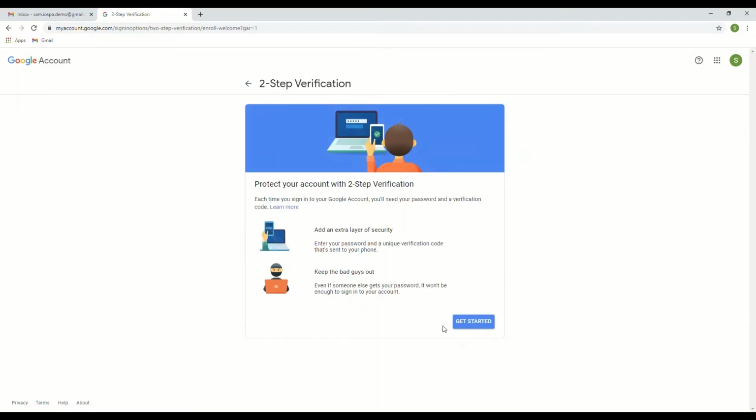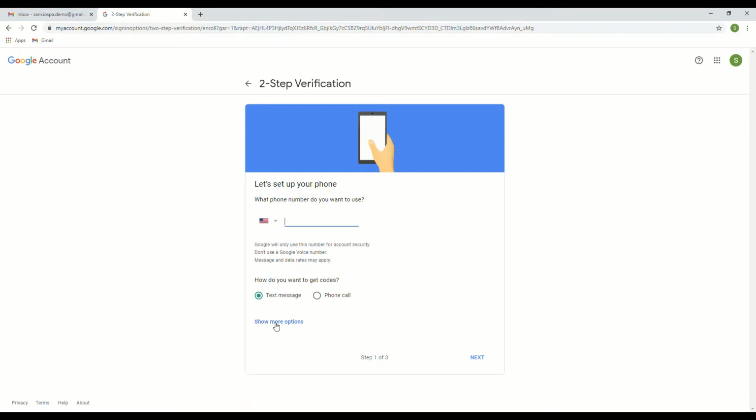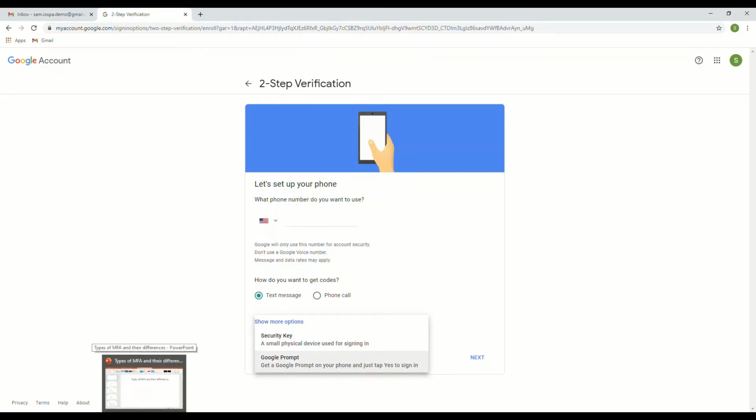And so we're going to jump right in. We're going to hit Get Started. It's just kind of giving you a brief intro, which I've already actually done for you. I'm just going to enter the password real quick and hit Next. And you have some options right off the bat. Now, we're not going to go through configuring the phone number because we're going to talk about why that's a bad idea. And before we continue further with configuring these, I'd like to just jump into a very small presentation